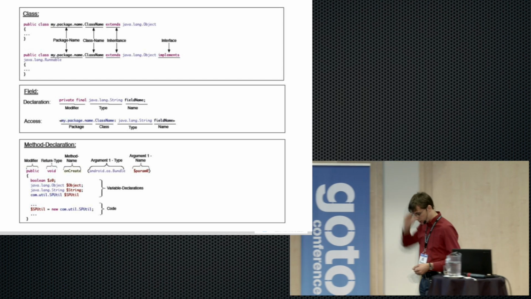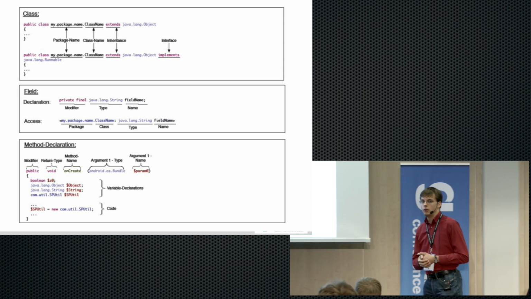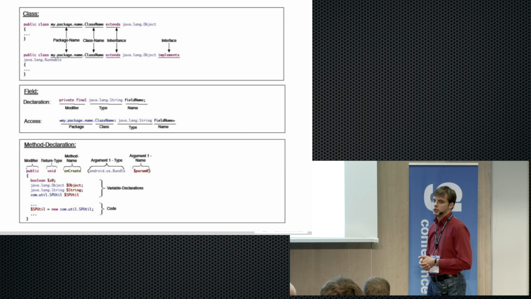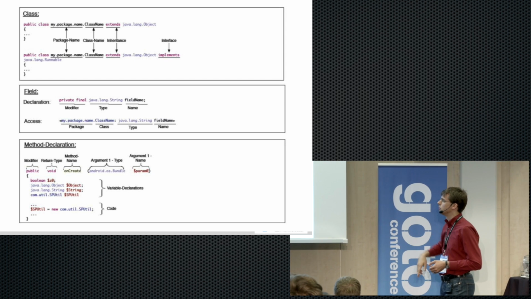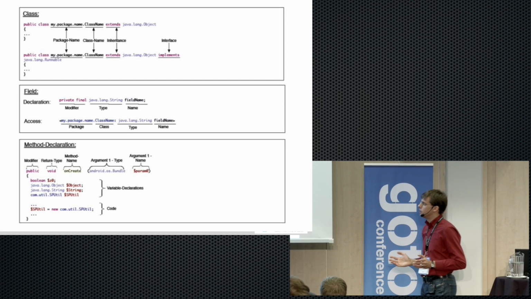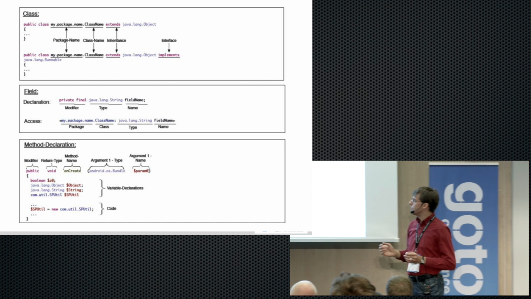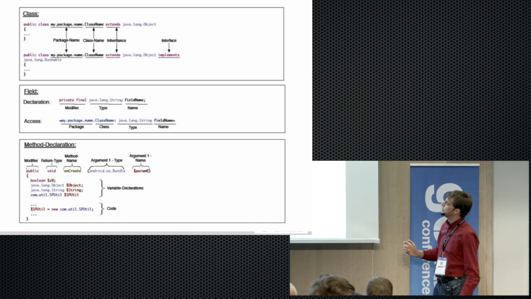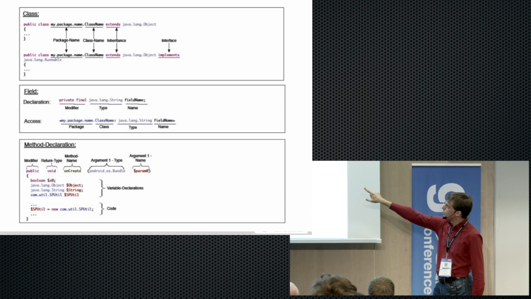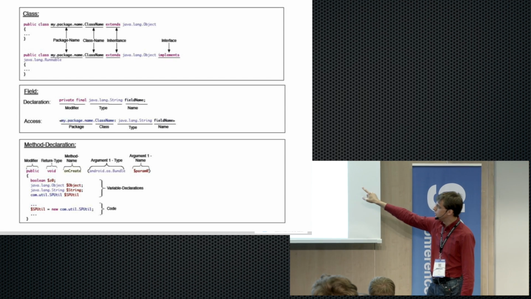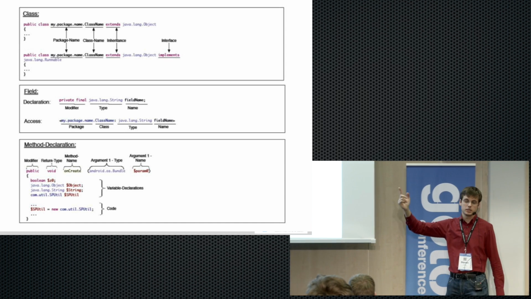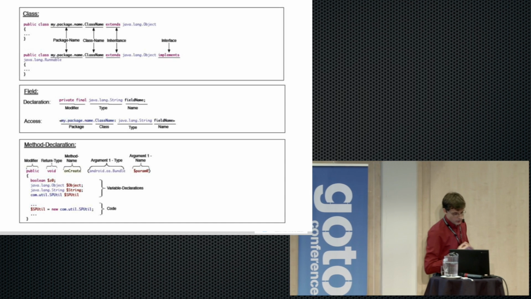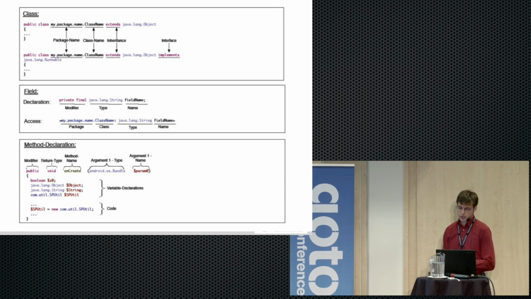Actually, this cheat sheet that describes the full language that we use here, if you print it out, fits on one A4 page. For PowerPoint, I had to split it up onto 3 slides in total. But what I want to show here is simply that this gives you quite a lot of information along the way. So for a field, you see the modifiers, the type, and the field name. For a class, you also see the modifier, what it extends, and whether it implements an interface. So you get all this information directly like you had in Java. And for the code,